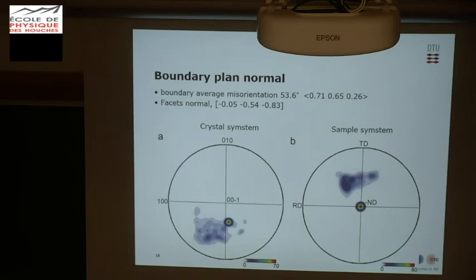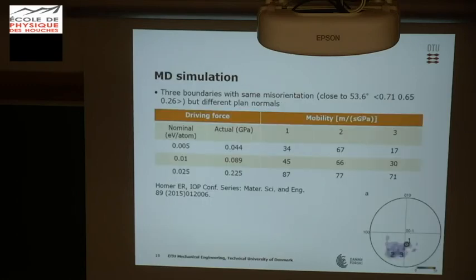But is that really the reason for that slow motion? So to answer this, we did some MD simulations. We selected a boundary with a misorientation close to our recrystallization boundaries, and have one normal close to here and two in the cloud. And with these MD simulations, what we conclude is that